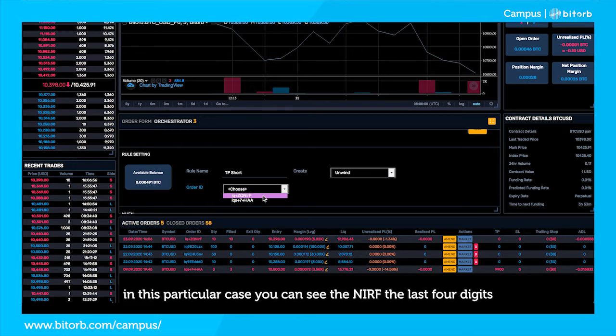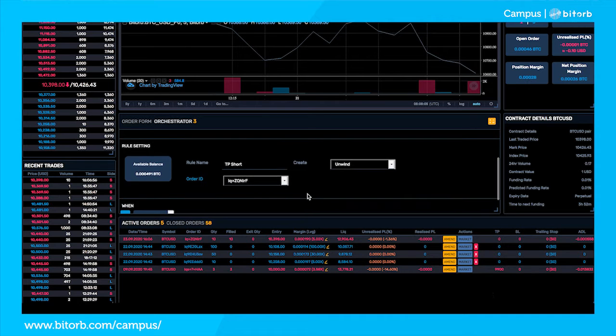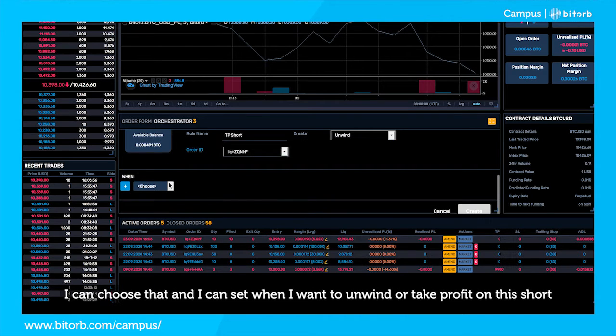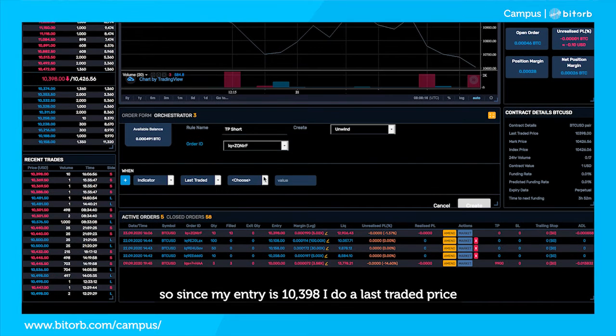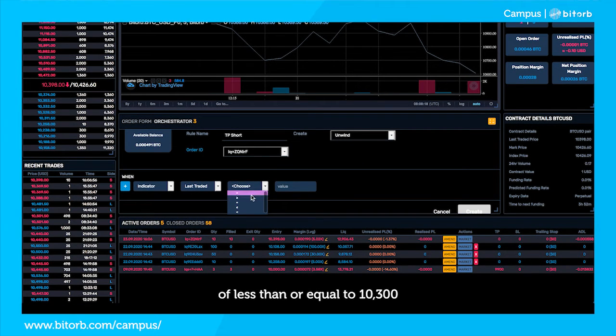And in this particular case, you can see with the last 4 digits, I can choose that and I can set when I actually want to unwind or take profit on this short. So since my entry is 10398, I can do last traded price of less than or equal to, say,